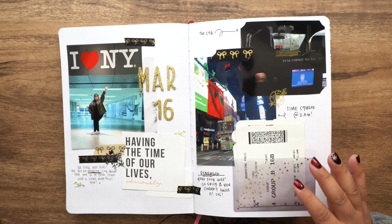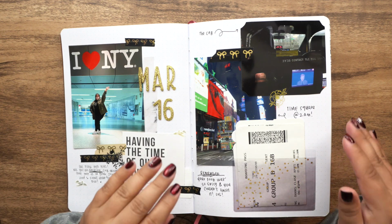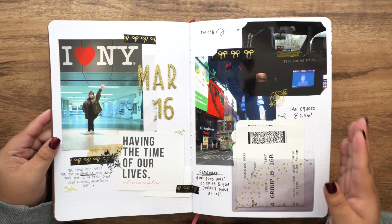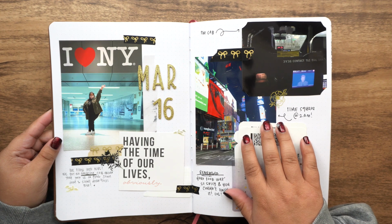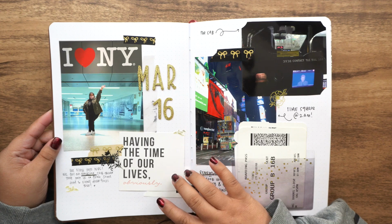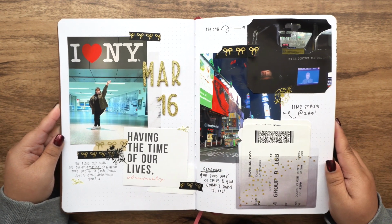And over here, we actually flew to New York first. It was just much cheaper for us to do that. I would highly recommend it because we ended up flying to New York, and from New York we were only there for an hour and a half, and we had a direct flight over to Paris. And the flight was only...